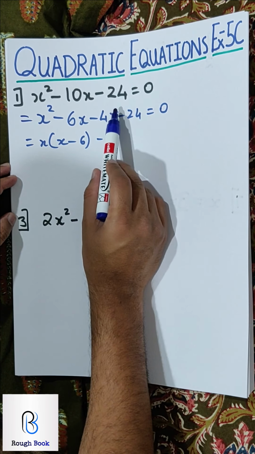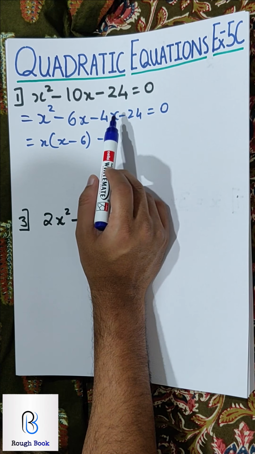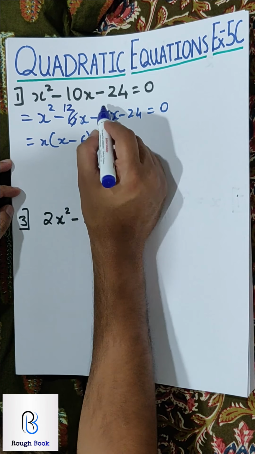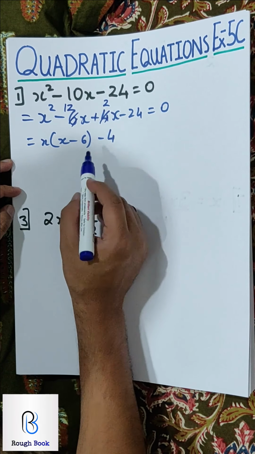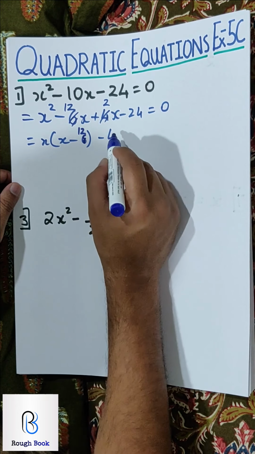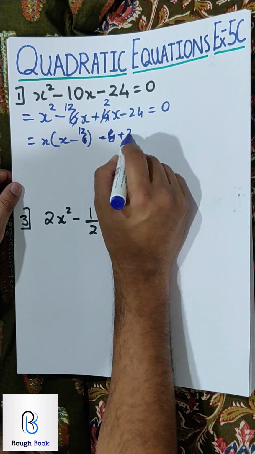So 8 into 3 will give me 11. So 12 into 2 is a possibility. So I'll have to take over here 12 and here 2. So minus 12 plus 2. See what mistake I did right in the first sum itself. So x minus 12. Here I will get plus 2.